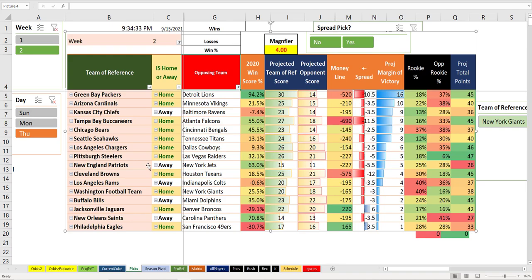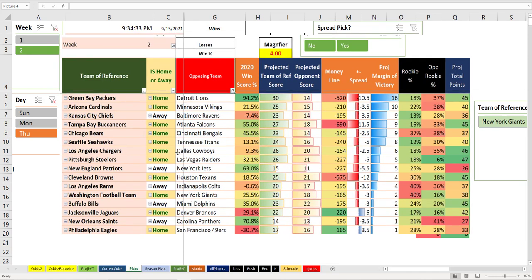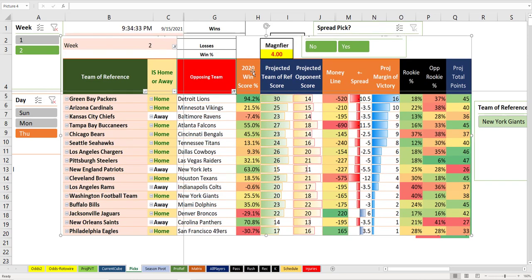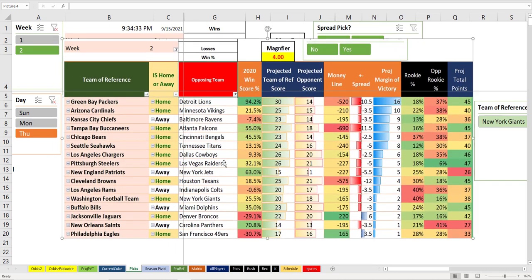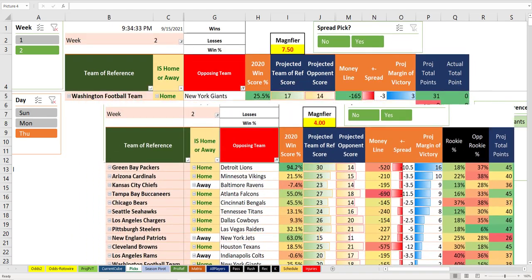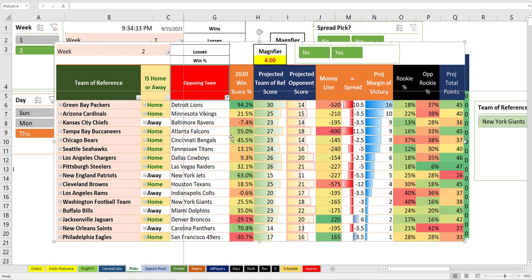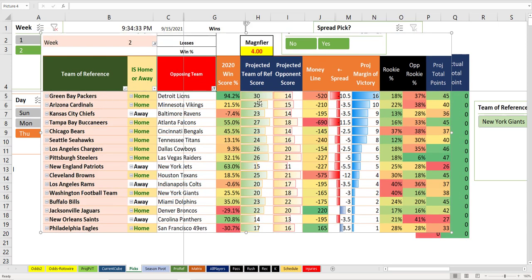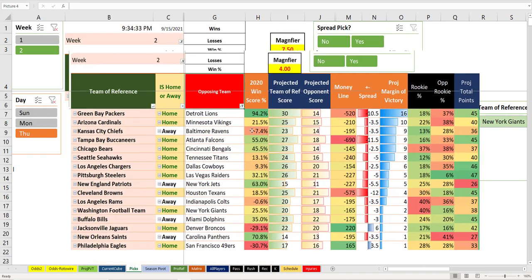All right, so we're going to talk about Thursday. And what are you looking at? It looks like picks for week 2, doesn't it? Guess what? It's not the right picks for week 2. It's picks for week 2 based on last year's stats. This is what I was working on earlier in the week, but now it has been updated. So this is an image of what last year's stats, looking at this season's week 2 games, would project. Notice that they would project the Packers beating the Lions 30-14. Let me tell you that the new version of the algorithm that's looking at 2021 stats has the Lions beating the Packers in this game.